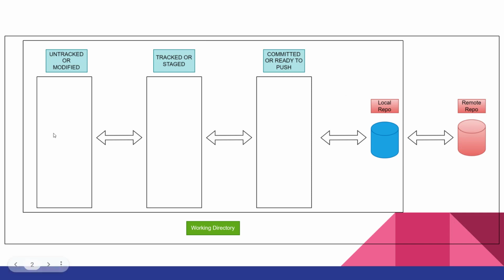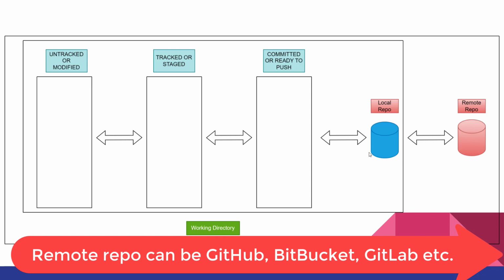In whatever environment these stages are present, we can call that area a working directory, or also call it a local repo. So we have a local repository and we have a remote repository. Local repository or local working directory means where you write the code, where we add the files, where we modify the files, or where we delete the files. So whatever operation we perform, we are performing locally using your IDE. It is simply a folder on your system, and whatever changes you perform locally, we need to push to the remote repository so that other members in your team can access that.